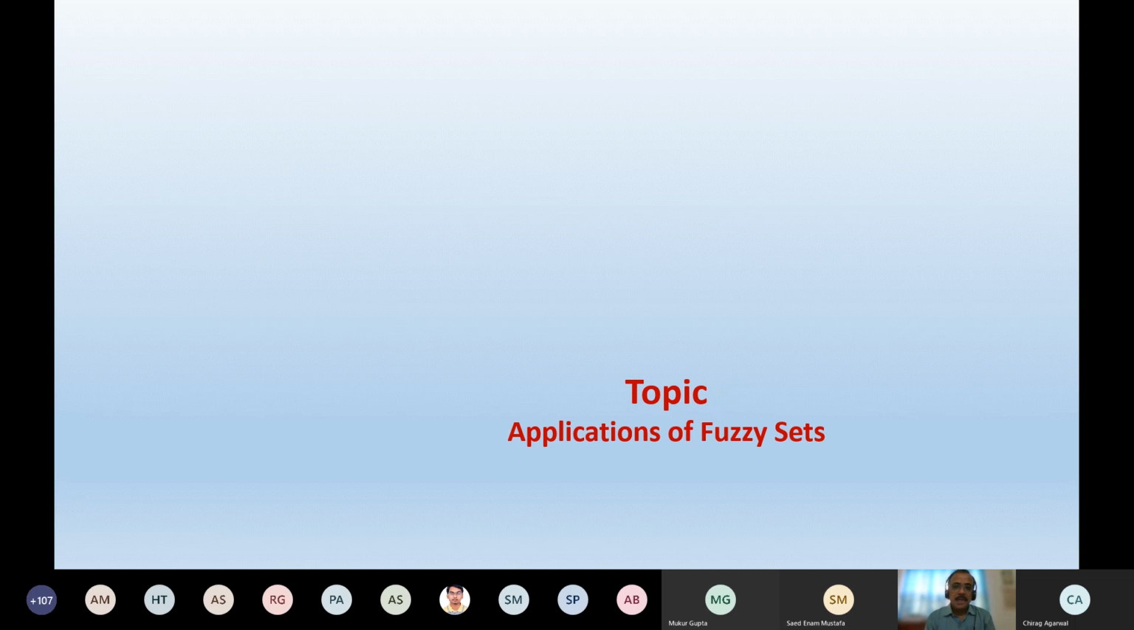Now let us start with today's topic. Today I'm going to discuss the applications of fuzzy sets. Till now we have seen the meaning of fuzzy sets. We have defined what we mean by fuzzy sets, how to represent them, and what the different operations used in fuzzy sets are. That means we have studied the grammar of fuzzy sets in detail. Now today we are going to discuss the possible applications of the concept of fuzzy sets,